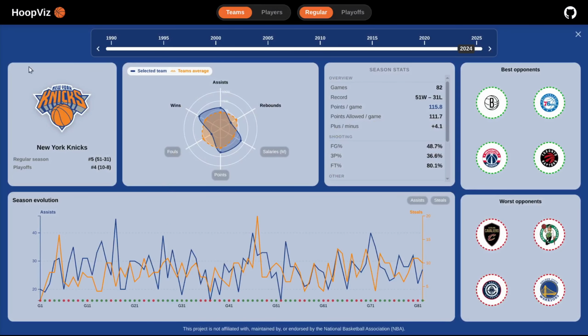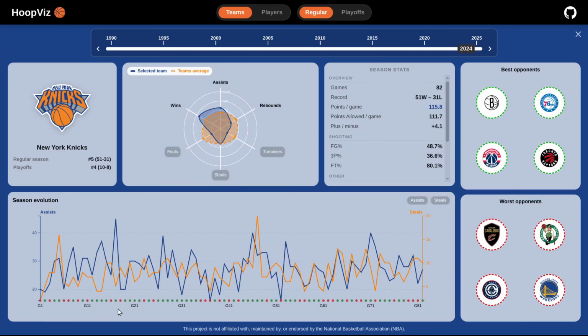On the left, we see the team's logo along with their ranking. Then we can see a spider chart with the same 3 attributes as on the map and 3 other user-selectable ones below. There's also a general season stats area where we can view things like number of games played and other numerical stats about the team's performance, but let's now move on to the season evolution chart where each game played is